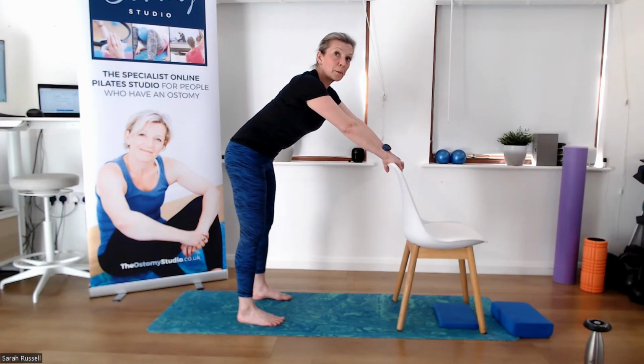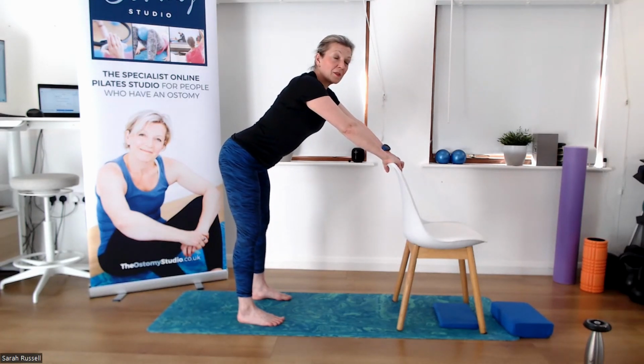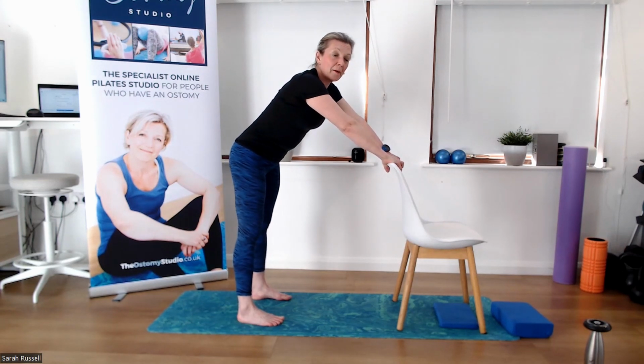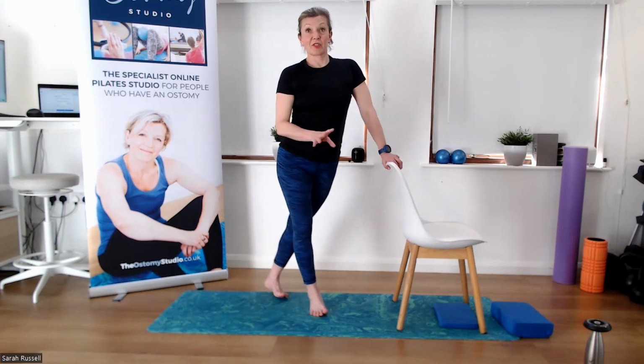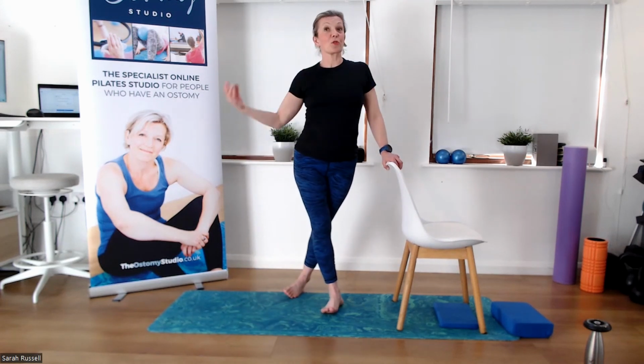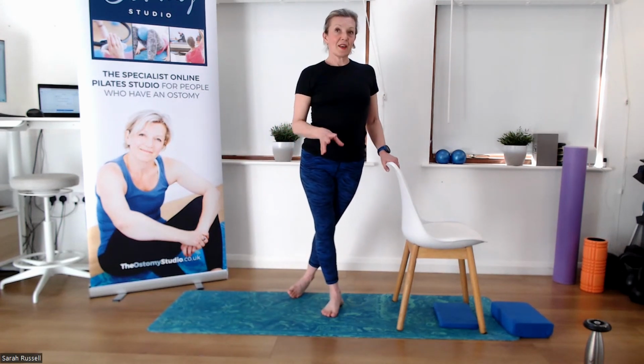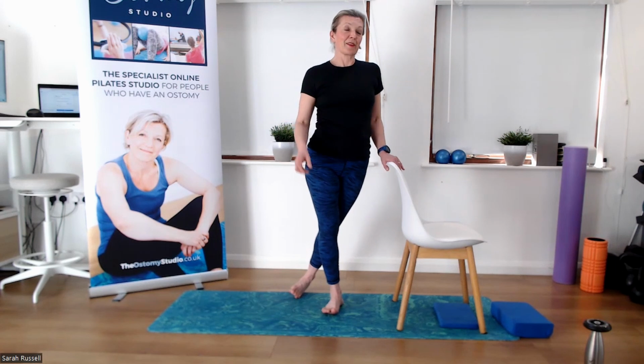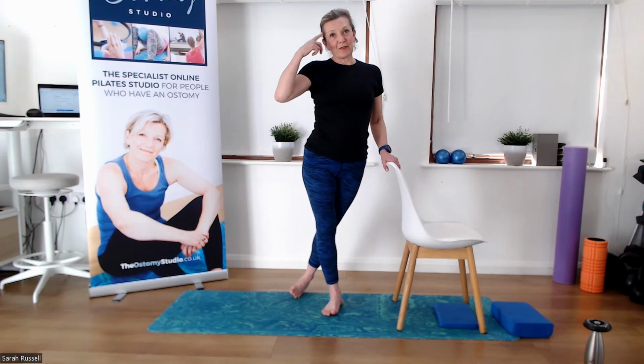abdominal surgery. Even if that was years ago, these are all exercises that we start with, whether your stoma was 2 weeks ago or 20 years ago. If you've never done this kind of work, this is where we start. Even though it's simple, gentle, seemingly quite lame to a lot of people, you do have to concentrate and use